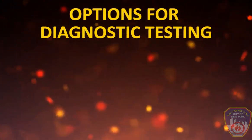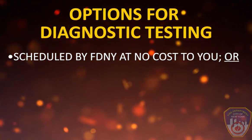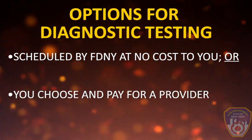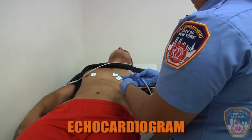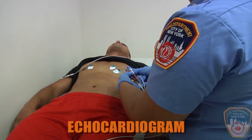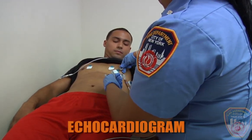the FDNY may offer to schedule you for certain types of diagnostic testing. You will have the option of being scheduled for the diagnostic tests conducted by a third-party provider at no cost to you or having the medical testing done by a provider of your choice at your own expense. One diagnostic test is an echocardiogram, which looks for underlying structural or mechanical heart problems. This test uses ultrasound to look at things like the size of your heart and the motion of the walls